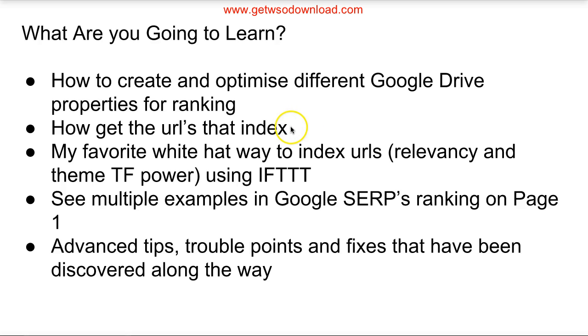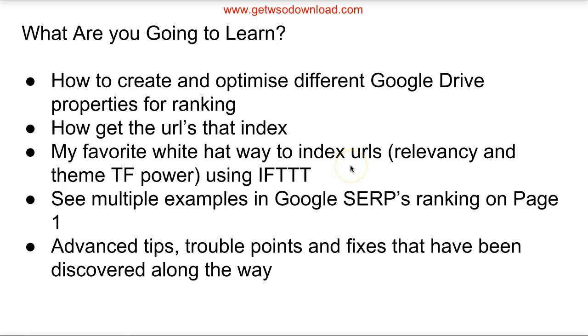Once you learn which URLs to create, you are then going to learn my white hat way to index those URLs. And there are multiple ways that you can index a URL. We all do it in SEO all the time. It's about trying to get the Google crawler to come through, crawl your stuff, and then start indexing it within the search results. But my favorite way, and the way that I will show and share with you,